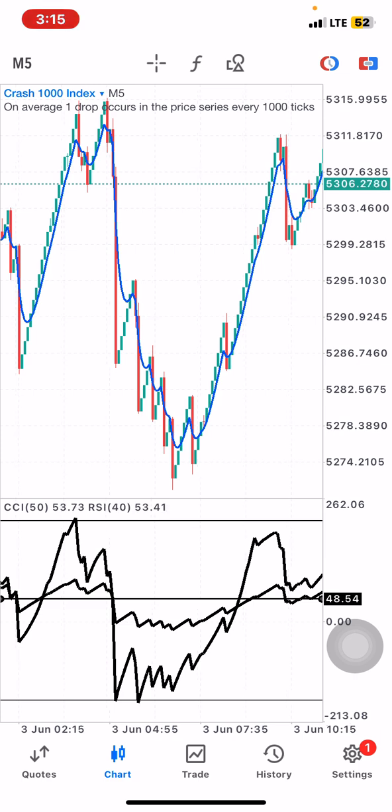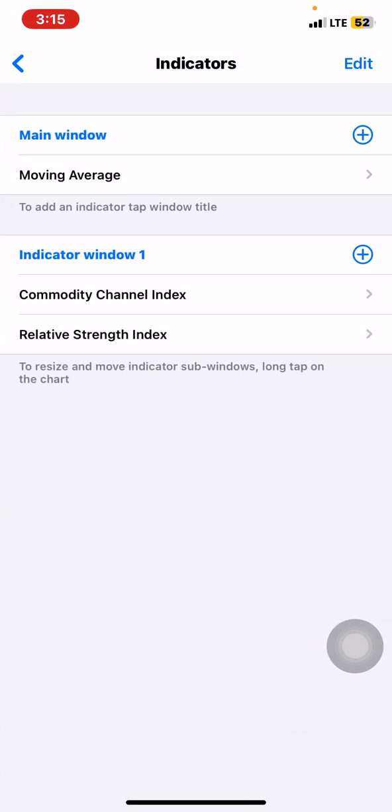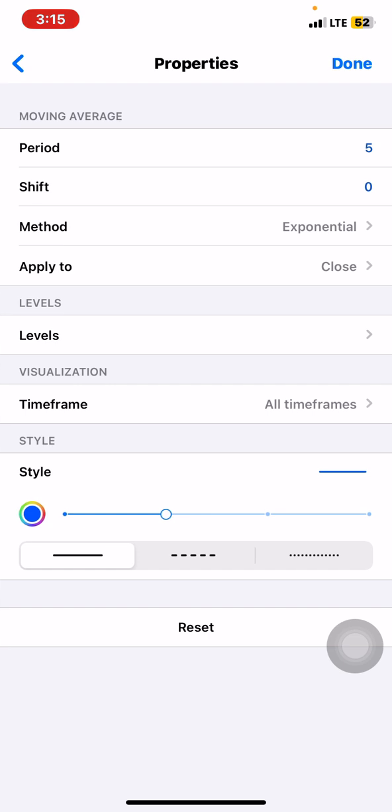So let's go to the indicator setup. First is the moving average, period of 5, shift 0, method exponential, apply to close, level is unneeded, time frame, keep it at all time frame. Then